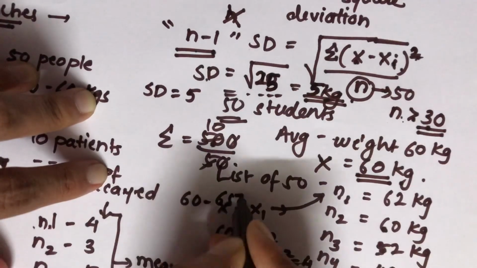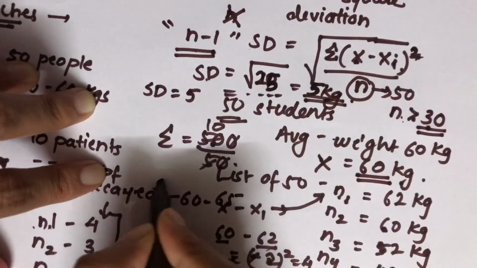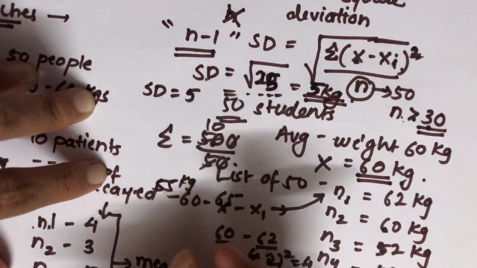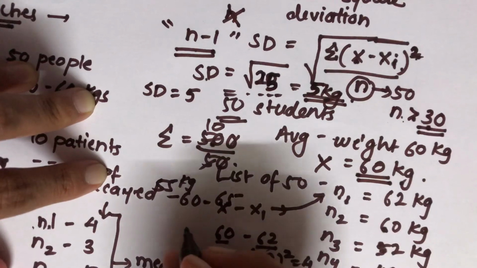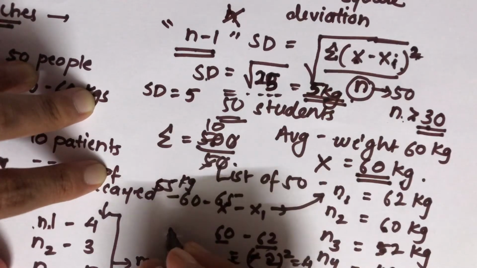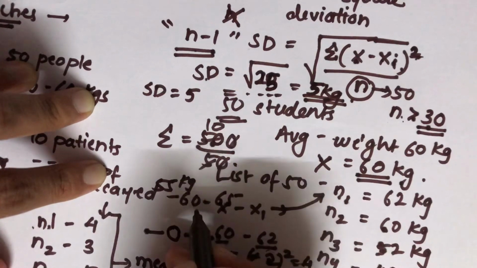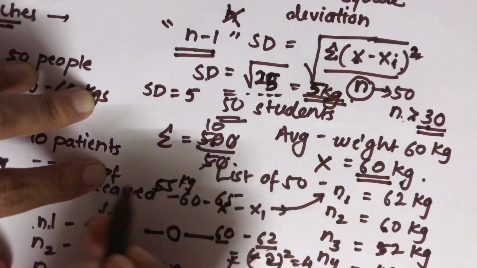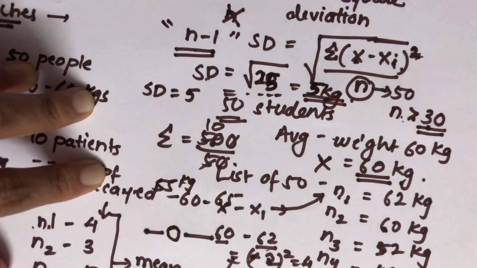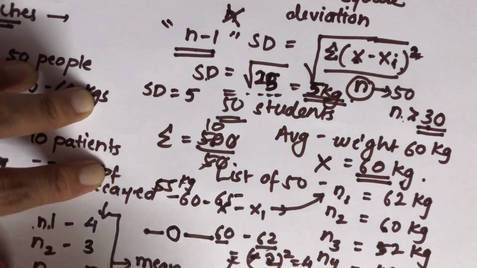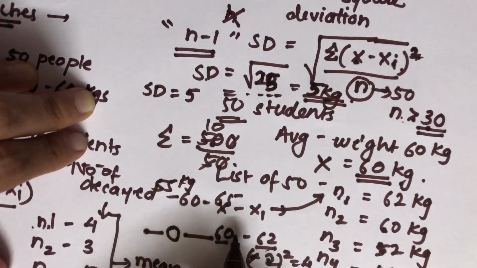So it can be 65 on one side and 55 on the other side, because we are seeing this deviation on either side of your central tendency, as we have seen in the measures of dispersion. The measure of dispersion is around your central tendency, so it can be on one side and on the other side. On one side the value is lower and on the other side the value is higher. So the range between 65 and 55 kg is how much the people are dispersed around that central value. So this is all about your standard deviation.